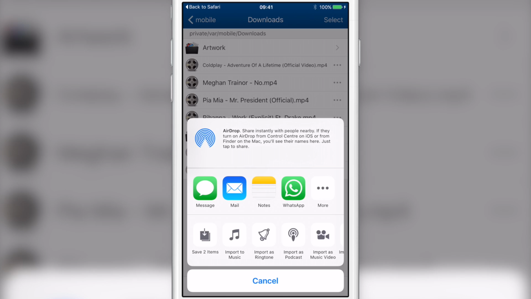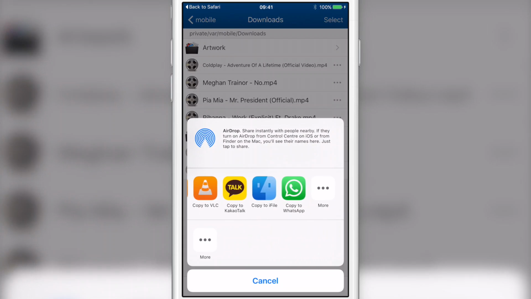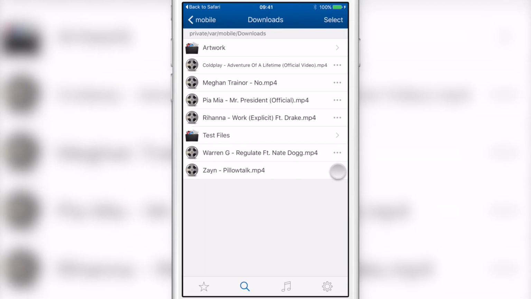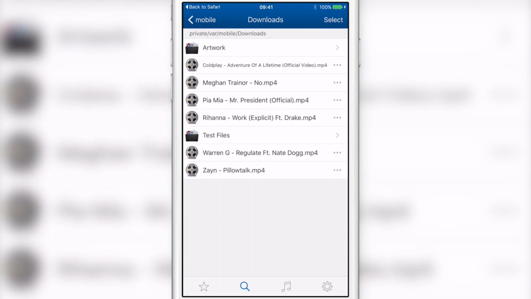You can import to your music app. You can import this as a ringtone, as a podcast, as a music video, TV show. You can even open it in other apps, and then these are all the apps that support this particular file. So let's just do a simple import. So I'll do import to music,